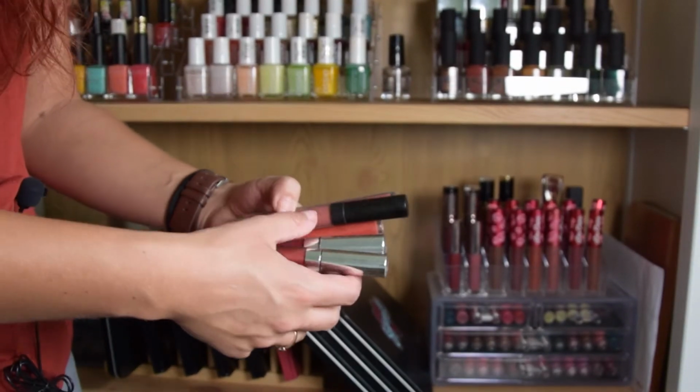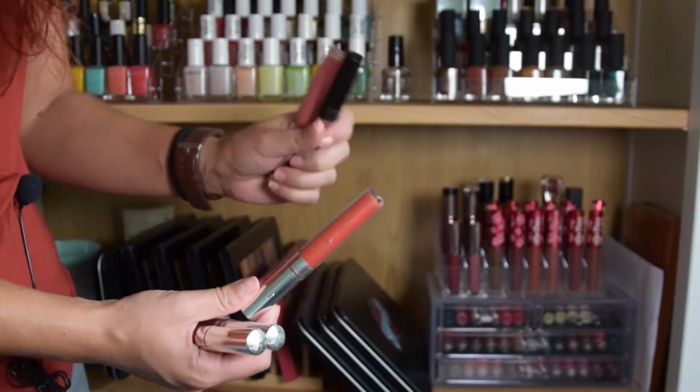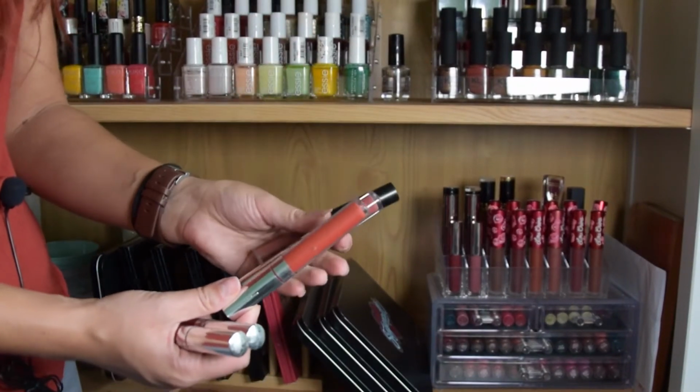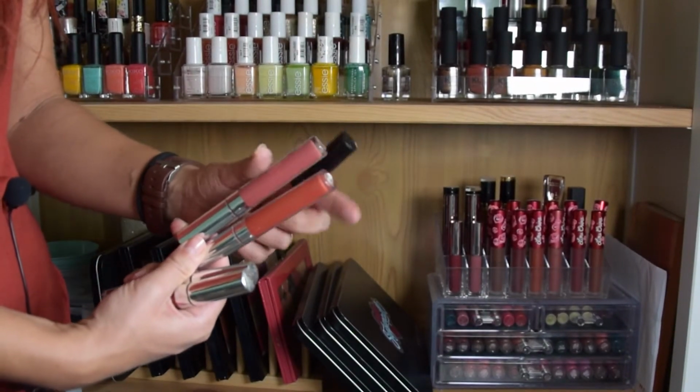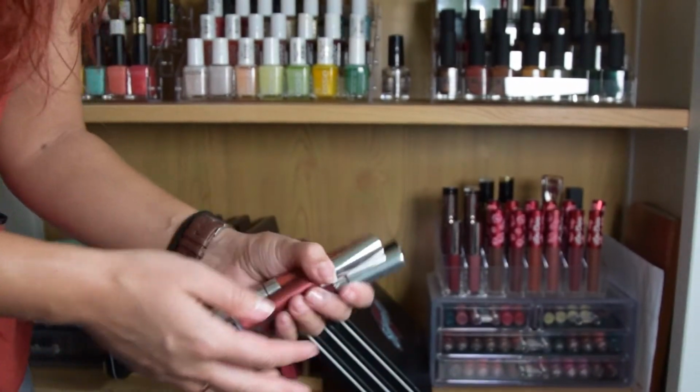So these, unfortunately, it's too late, and what I'm crying for is especially the shade Mama and Frick and Frack, which are these two. I love these two shades. So yeah, unfortunately these will have to go. But